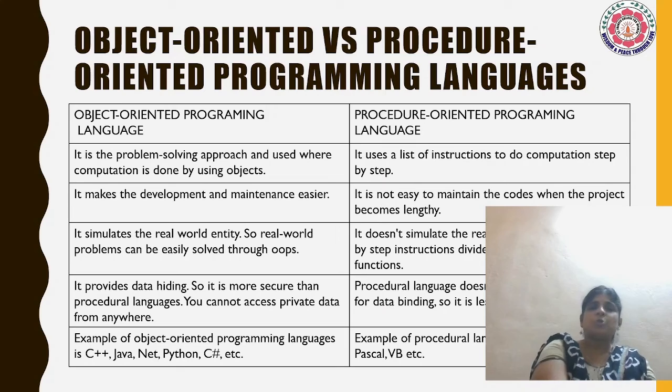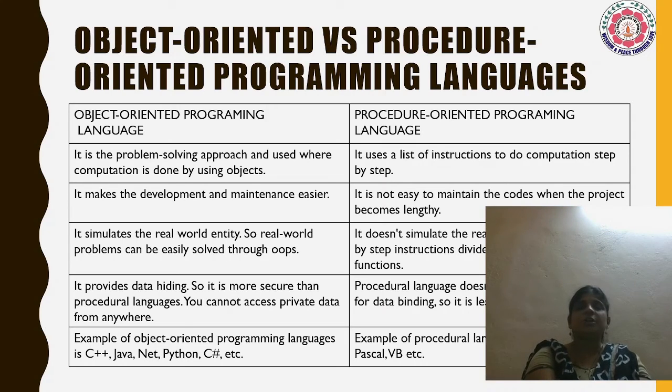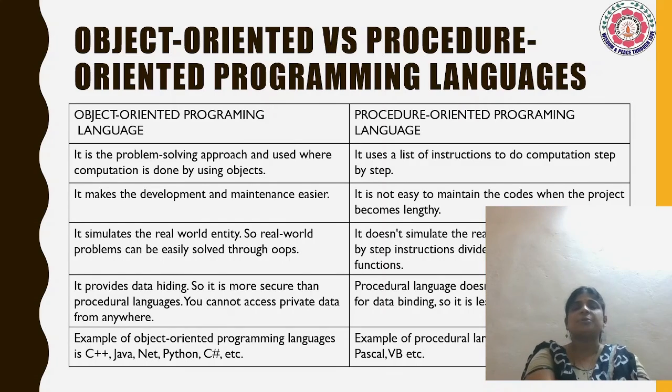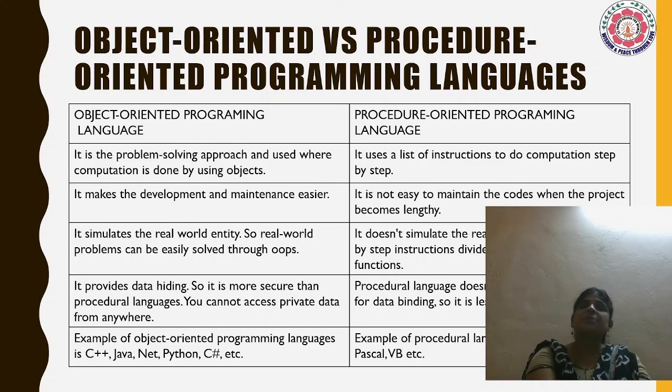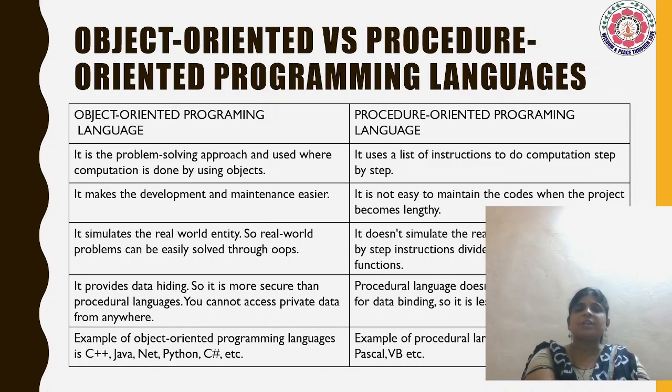So finally, I would end this discussion on object-oriented programming and classes. Actually, this introduction on object-oriented programming and classes, using the differences between object-oriented programming versus procedural-oriented programming languages. In procedural-oriented programming languages, you must have studied C, Fortran, Pascal and such things. Object oriented, you must have studied about Java, C++ and all. So you know that object oriented programming is a problem solving approach using these classes and methods and with the help of objects.